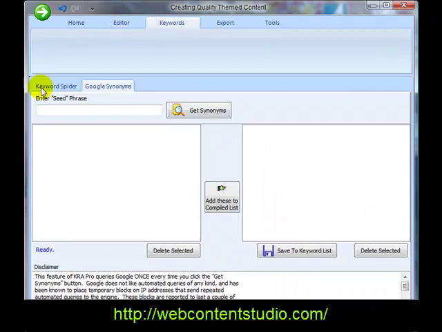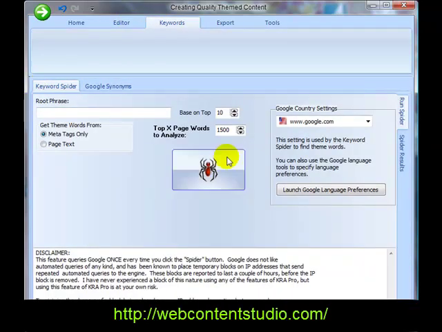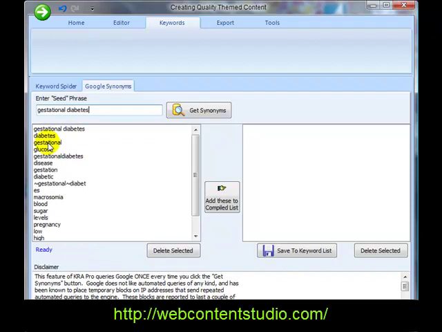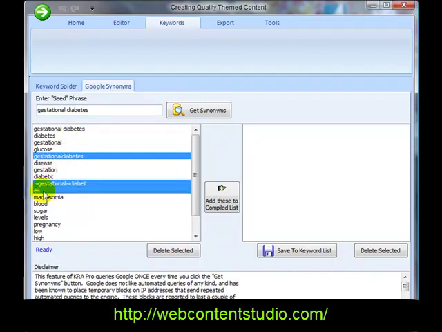We've got a keyword section here that has now, well, at least one of the versions of the software will have this keyword spider built into it. That's the same keyword spider as KRA Pro. Let's just take an example here. This is similar to one of the reports I've already done on gestational diabetes. This goes to Google and retrieves synonyms from Google, in other words the words that Google think are related, and all I'm going to do is delete those that don't make an awful lot of sense,